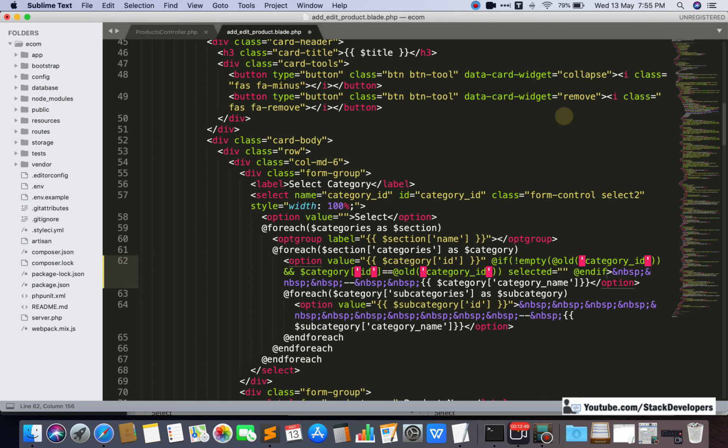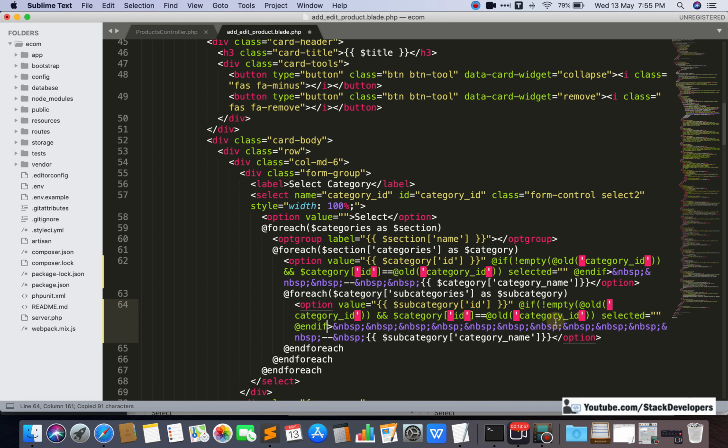Okay, so same thing we are going to do for subcategories as well. Here the only difference is now we are going to compare with the subcategory, like this.